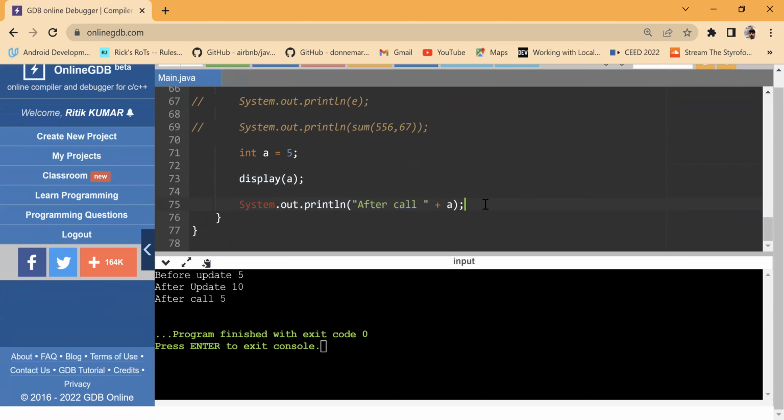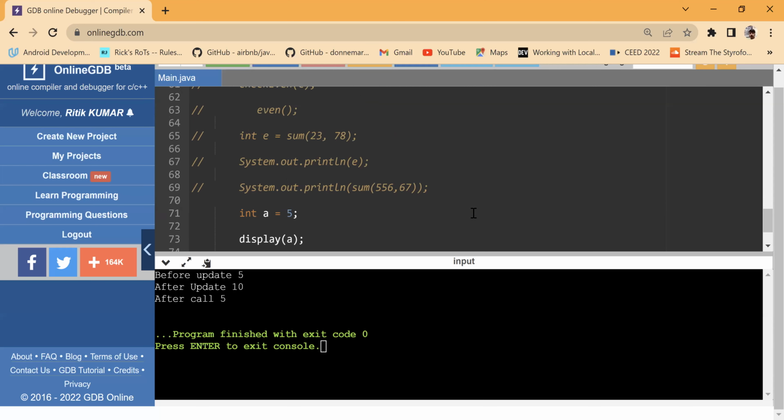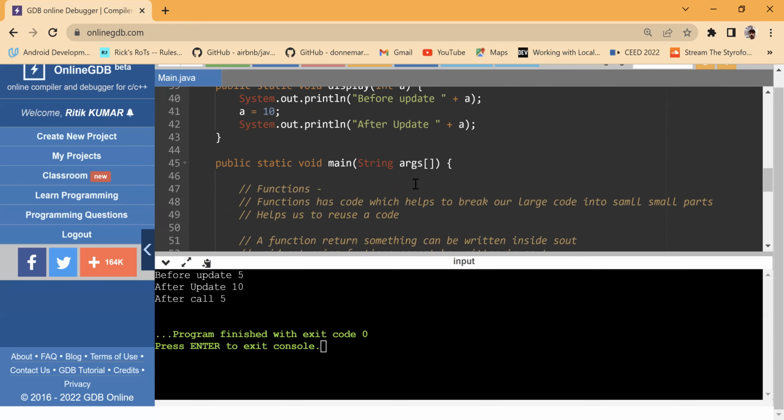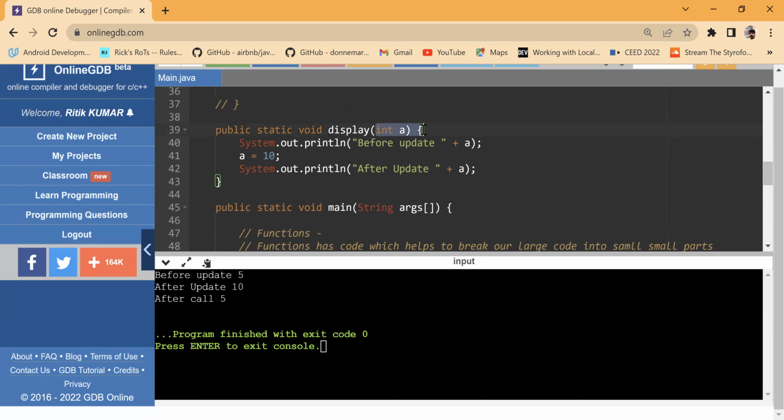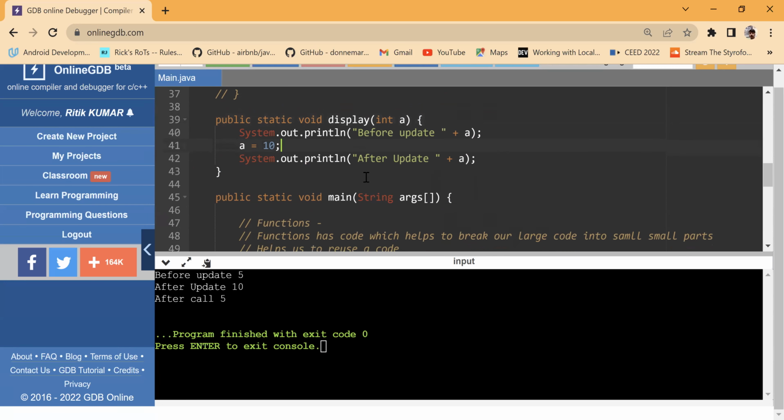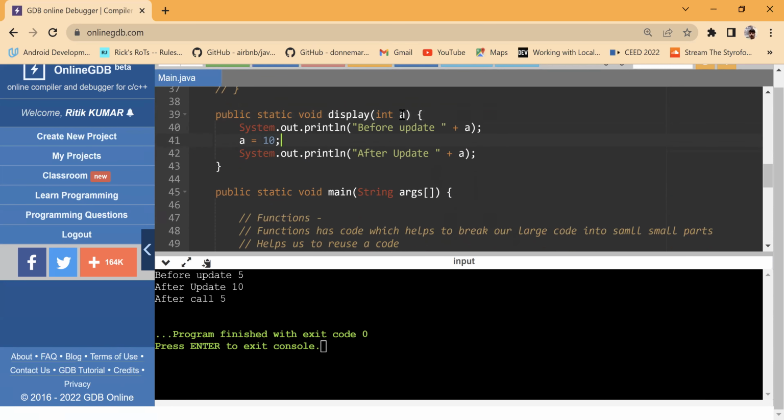तो ये नहीं होगा, ठीक है। अगर मैं फंक्शन के अंदर वेरिएबल को चेंज भी कर दूं, फंक्शन के अंदर वेरिएबल में वैल्यू चेंज कर दूं, तो वो चेंज नहीं होगा यहाँ पे, ओके। क्यों नहीं होगा? मान लो इस डिस्प्ले फंक्शन में मैंने एक इंट रखा है, ठीक है, अब इसको मैं इस फंक्शन के अंदर अपडेट कर दे रहा हूँ, ठीक है, तो ये फंक्शन जब भी कॉल होता है ये वैल्यू आती है इस पे, और यहाँ पे वो वैल्यू आई, मैंने इसको प्रिंट करा, फिर अपडेट करा,